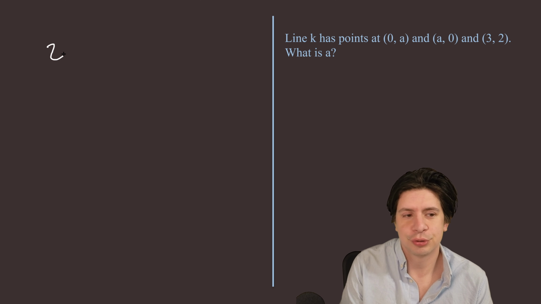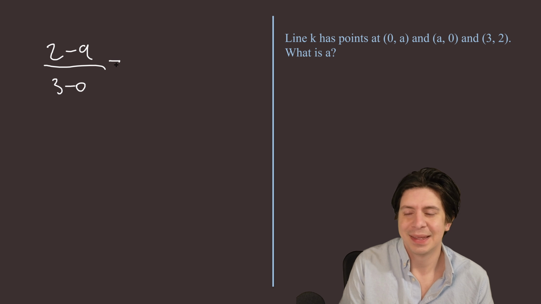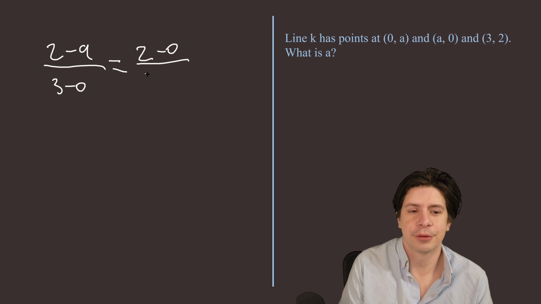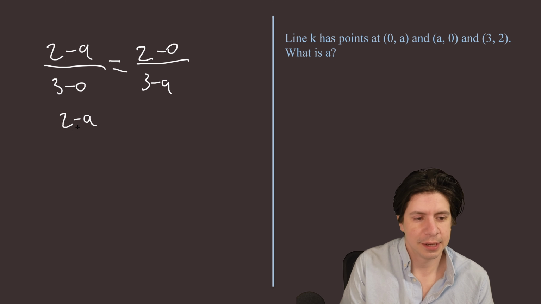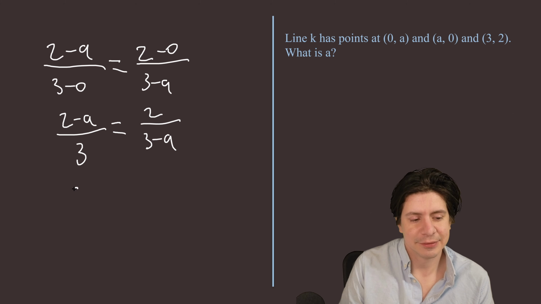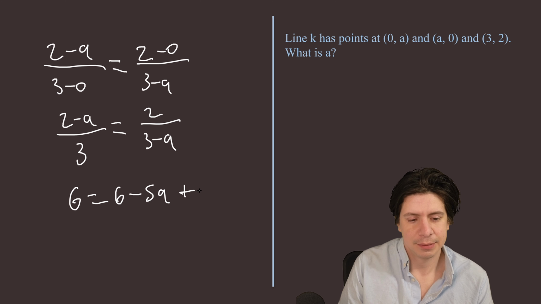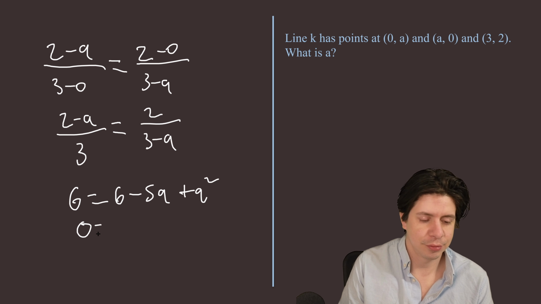So you can do (2 minus a) over (3 minus 0) equals (2 minus 0) over (3 minus a). And we're going to get (2 minus a) over 3 equals 2 over (3 minus a). That's going to give us 6 equals, when we cross multiply, 6 minus 5a plus a squared. Now we're going to subtract the 6 and we're going to have 0 equals